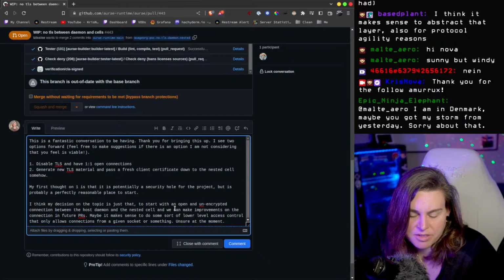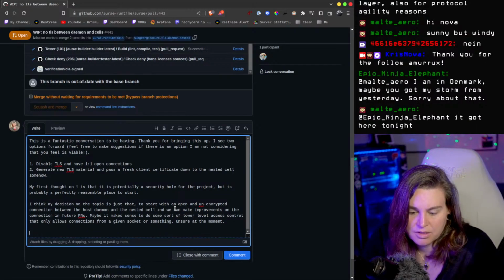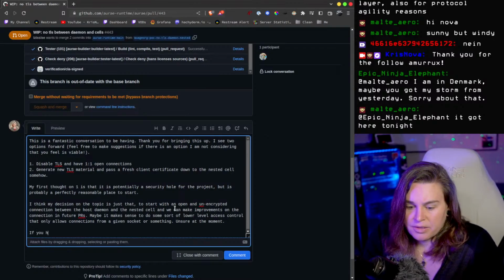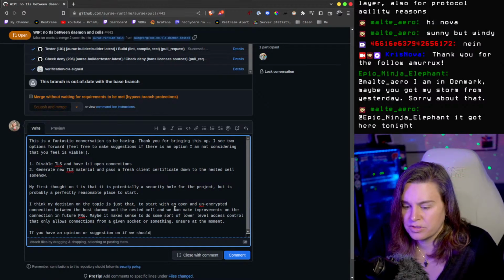I think my decision on the topic is just that, to start with an open and unencrypted connection between the host daemon and the nested cell, and we can make improvements on the connection in future PRs. If you have an opinion or suggestion on if we should generate TLS client material,